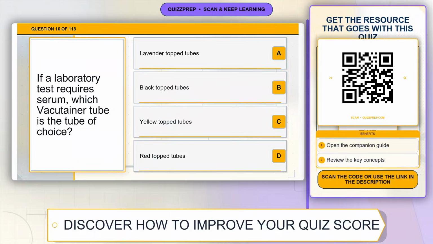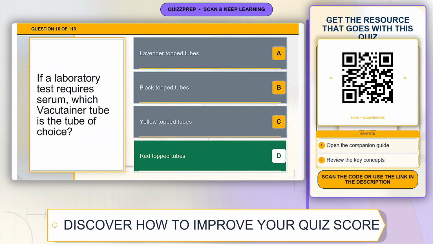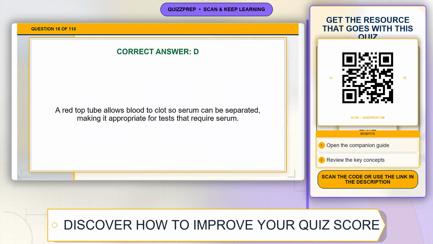Question 16. If a laboratory test requires serum, which vacutainer tube is the tube of choice? Option A, lavender top tubes. Option B, black top tubes. Option C, yellow top tubes. Option D, red top tubes. The correct answer is option D, red top tubes. Explanation: a red top tube allows blood to clot so serum can be separated, making it appropriate for tests that